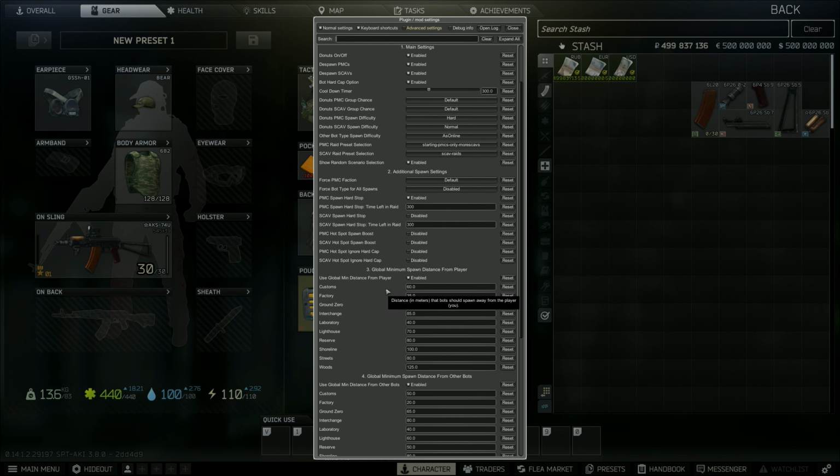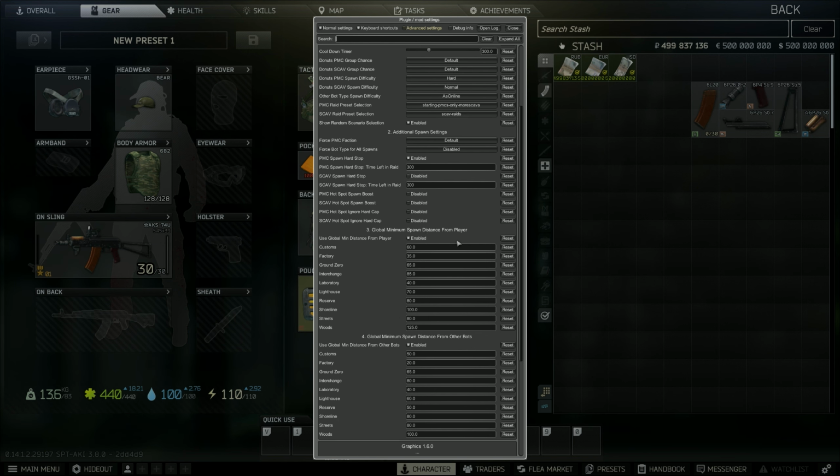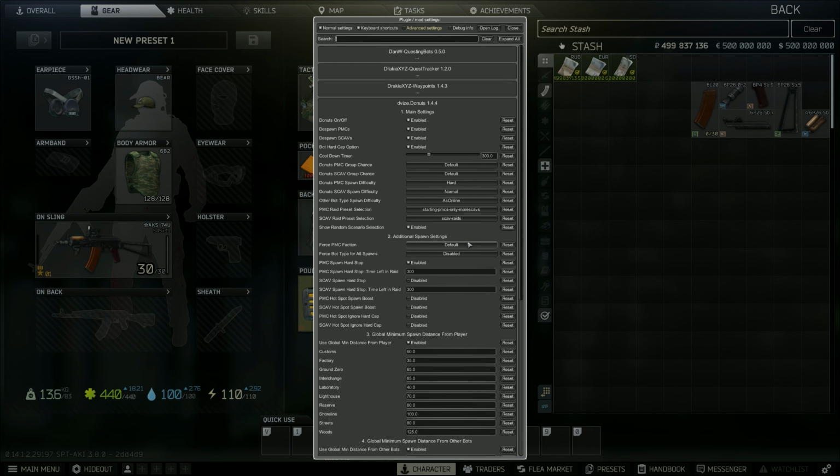These are just global distances that are by default. I didn't mess with any of these. I just turned them on, and I've been trying them out in the last few episodes, and they've been doing great. But aside from that, the main thing you're going to want to mess with probably is your cooldown timer,